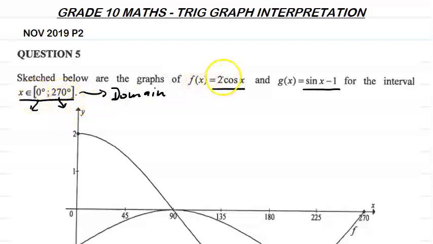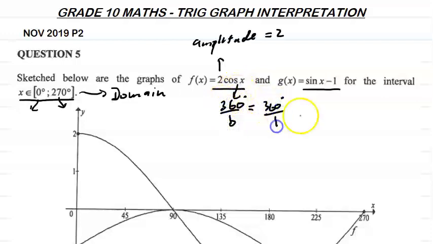F of x equals 2 cos x. Remember that the amplitude of the graph now is going to be 2. Amplitude is the positive coefficient of your sine and your cos graph. So if you were asked for the amplitude, it will be 2. And don't forget, this is your b value here. So the period is 360 over b, which is 360 degrees over 1, which equals 360 degrees. Always know your mother graphs like y equals cos x, y equals sine x,